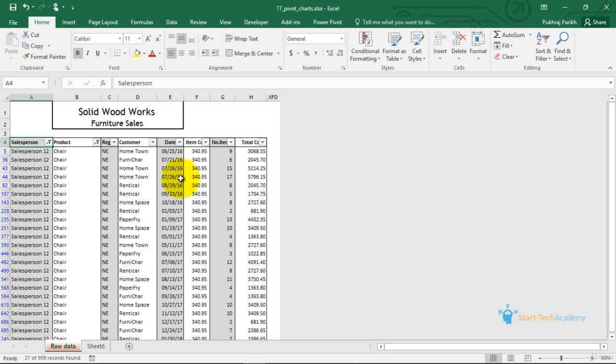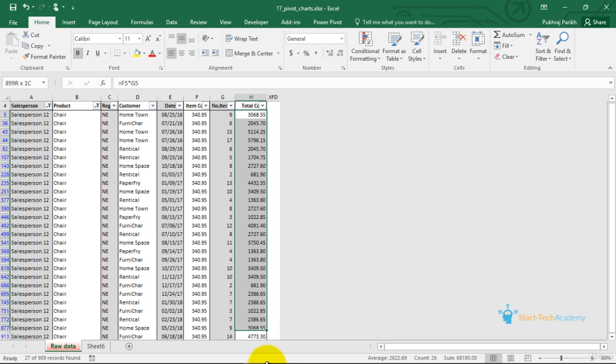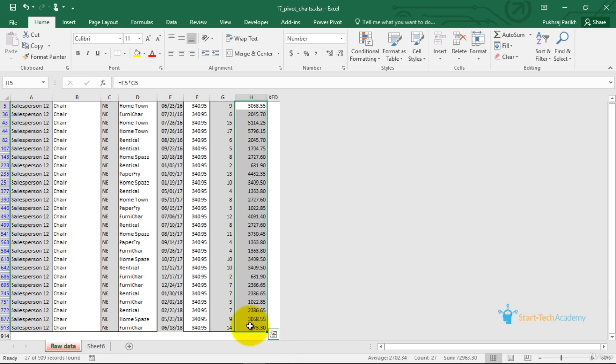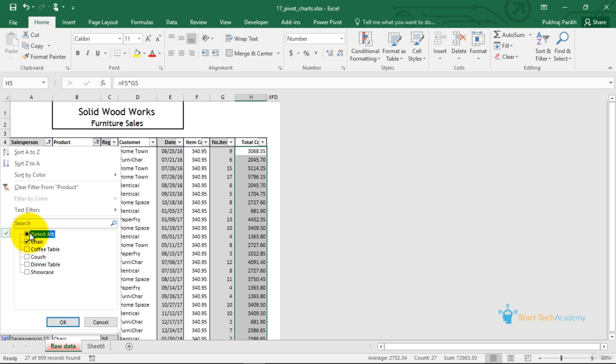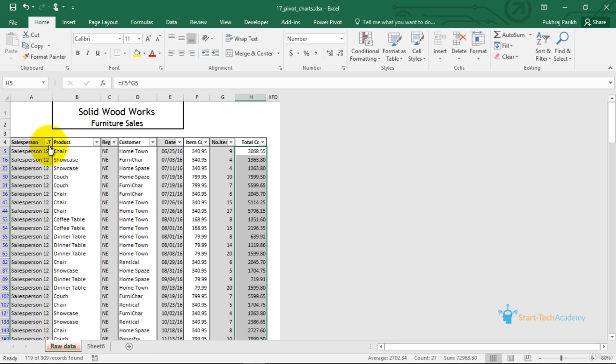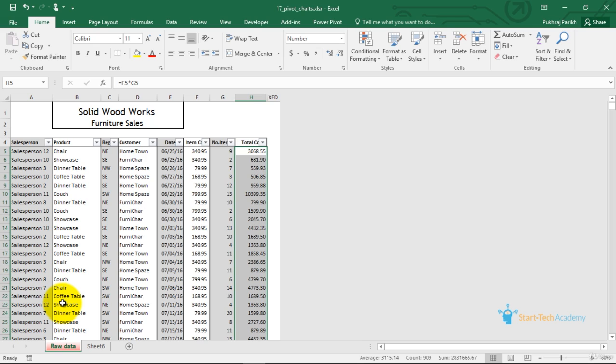And then I can add the total cost or the number of items, whichever I want, to get the total number of chairs sold by the salesperson. So this is a very lengthy process. Also, if I want to compare the chair sales by each individual salesperson, that becomes even more lengthy.